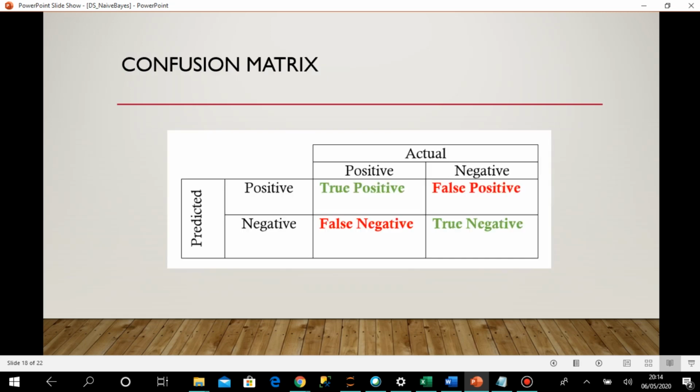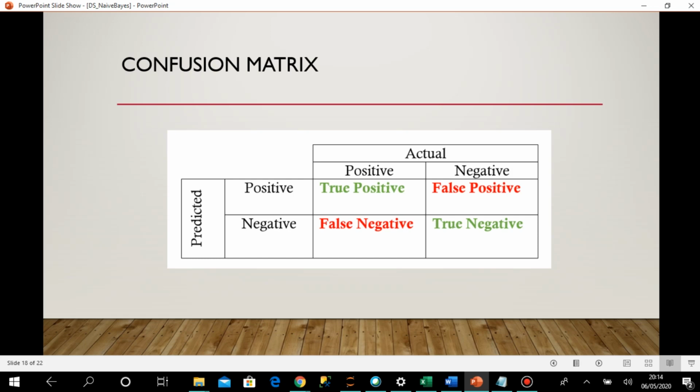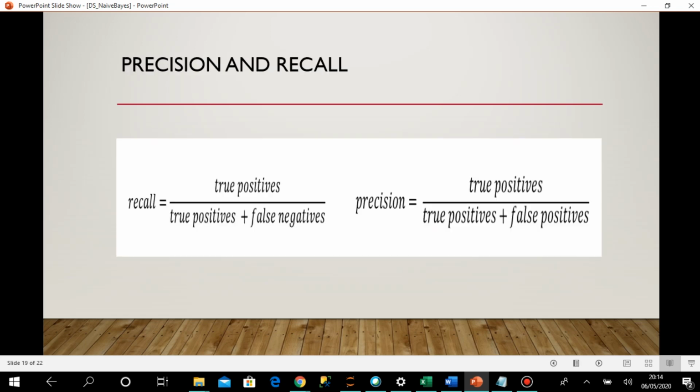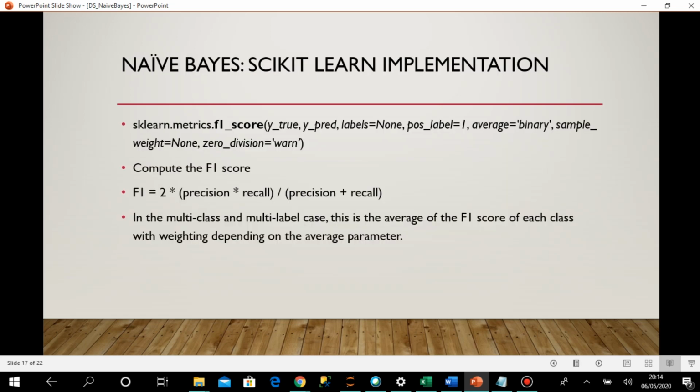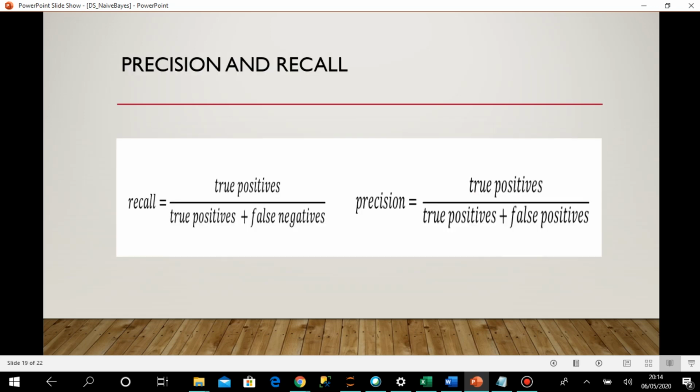So that is how we can define confusion matrix, recall and precision. And now if I go back here, here we are calculating this F1 score with this formula. You can understand this is giving us the fraction of the entire outcome which is predicted correctly within the entire set of actual outcome. So this is how we calculate the score. So we are done with this naive Bayes for this multinomial NB, and next let us move to